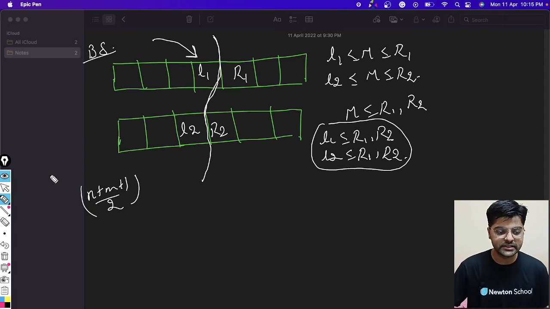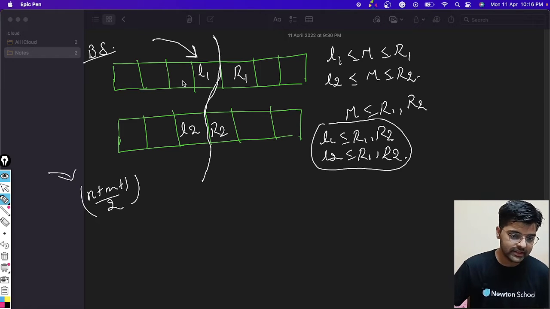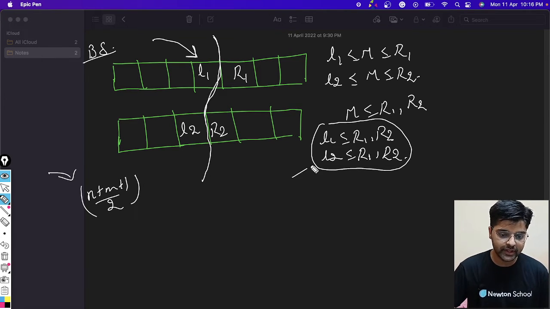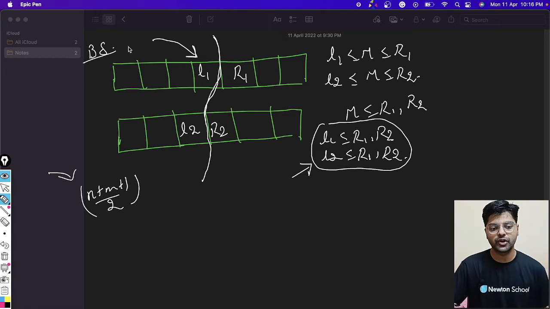In the odd case, the median will be in this part, but we will discuss the odd case later. So we'll use this property in the binary search. Let's say we have got, from the binary search on one array, the number of elements less than or equal to the median that we had discussed.